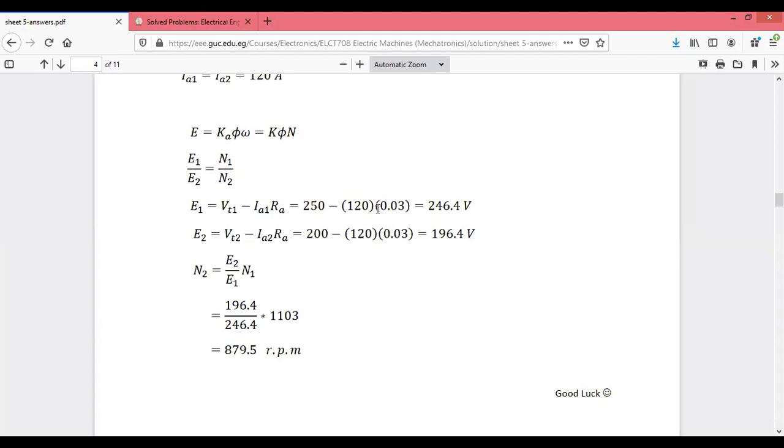In the other questions they have given different values of armature current, but here we are taking that the core is unsaturated, the fluxes will remain the same, and the torque will remain constant. That's why we can take Ia1 equal to Ia2. So you will get equations for E1 and E2. If you solve this mathematically, you will get the answer. If you are solving for N2, your equation will become N2 equal to E2 upon E1 into N1, because you are taking it to the other side.